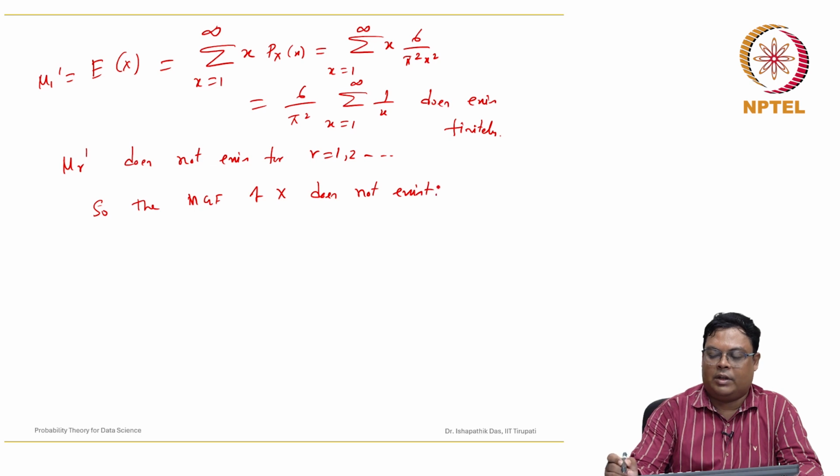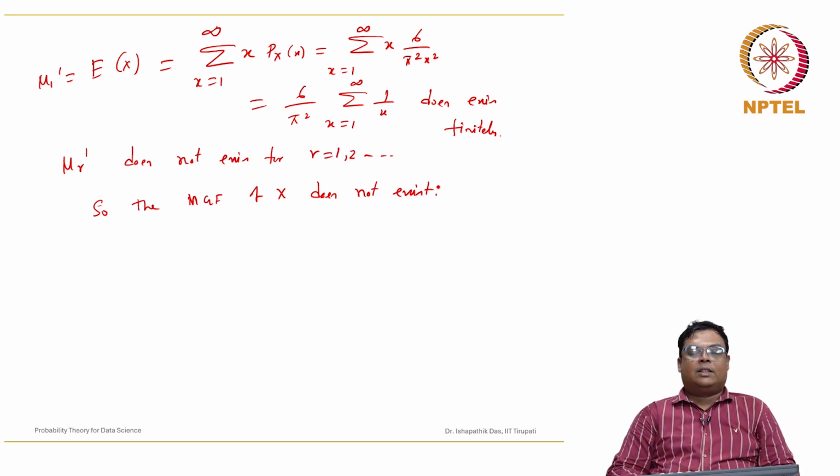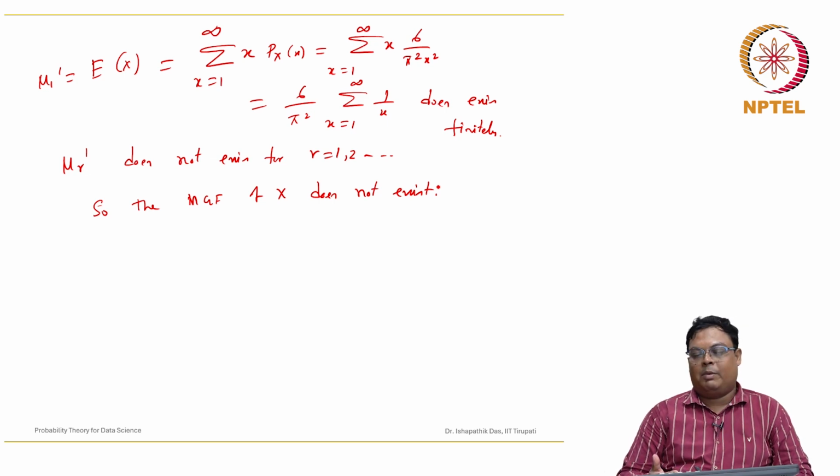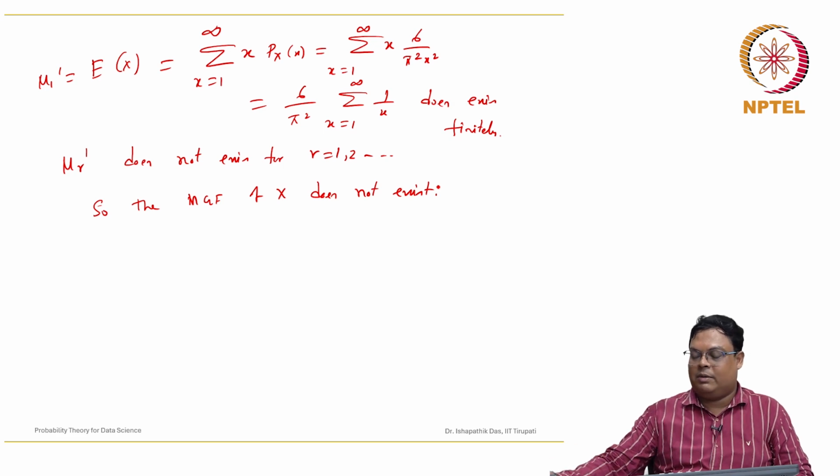So that is one example where we don't have the moment generating function. There may be some other examples also where the moment generating function does not exist. Whenever the moment generating function does not exist, if you want to get some similar property, there is a different definition. Another function, known as the characteristic function. The characteristic function is defined by